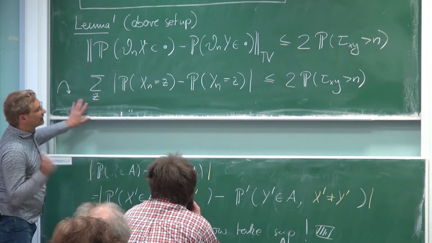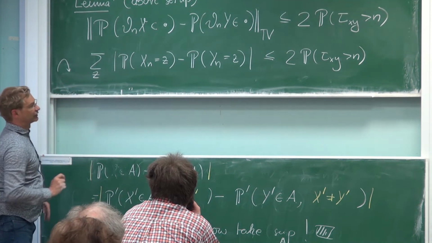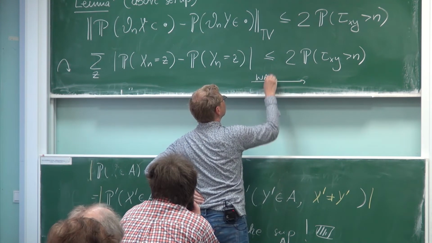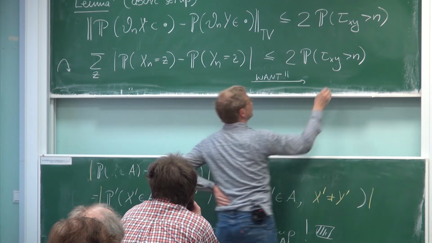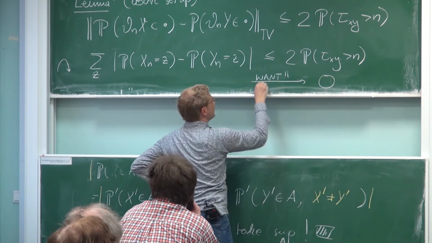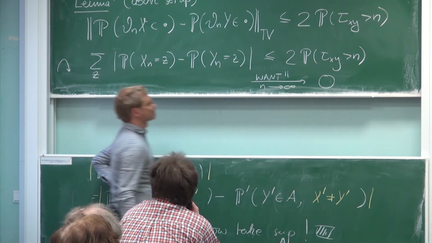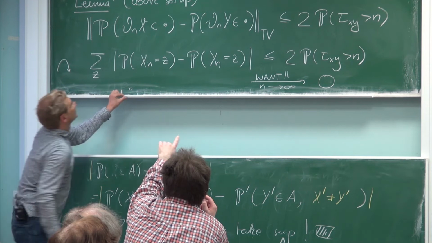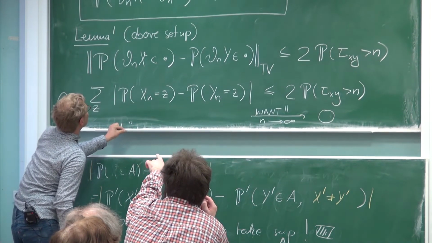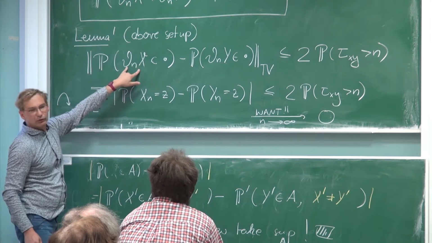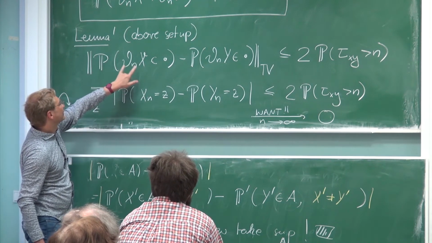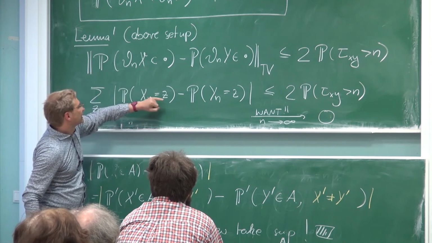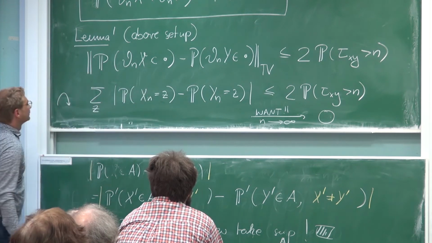Okay. And now the trick, and that's what I'm after. I want that the right-hand side goes to 0 as n goes to infinity. So how can I pass from the above inequality to the lower one? Because you have here the whole tail. So you just are interested in, I mean, this is a big cylinder set. So you just take one z and